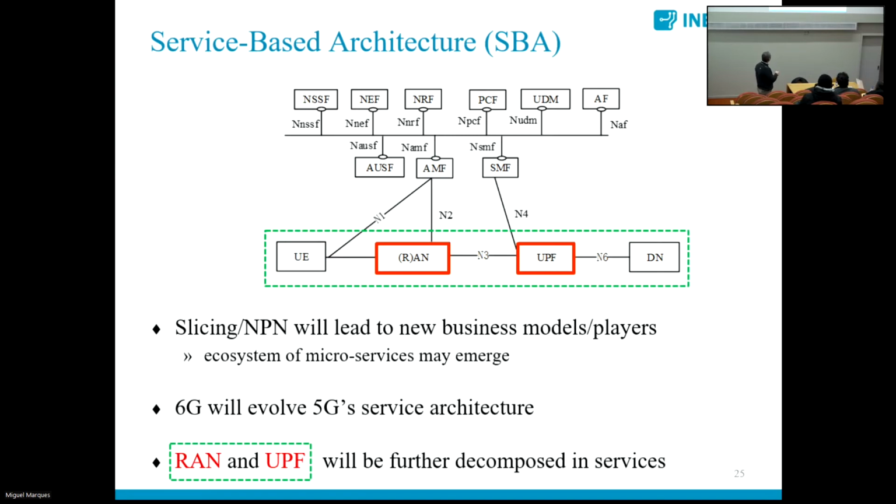But then here on the user plane, which is related to the function that transfers data from the user equipment to the network, some things also have to be done. For instance, this radio functionality, this routing functionality that we have seen before, nowadays they are not yet fully decomposed in services. They are still equipments that do these functions, and so we should look inside of these blocks and we should decompose them in services so that we can better allocate them to different locations.